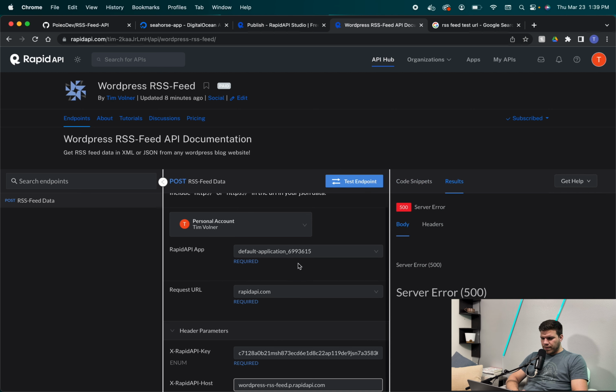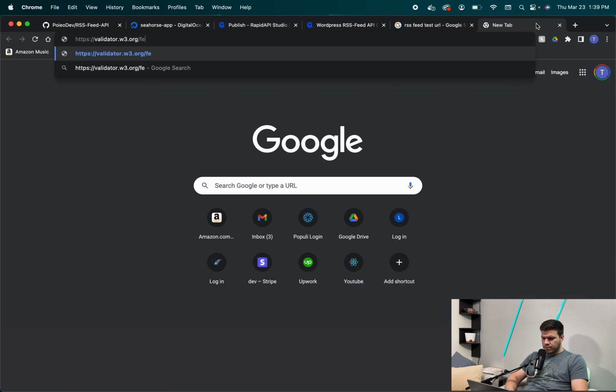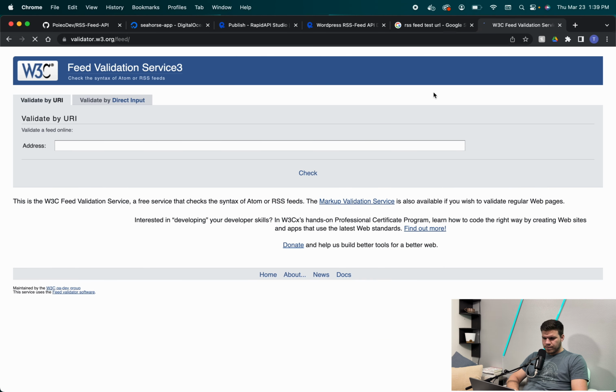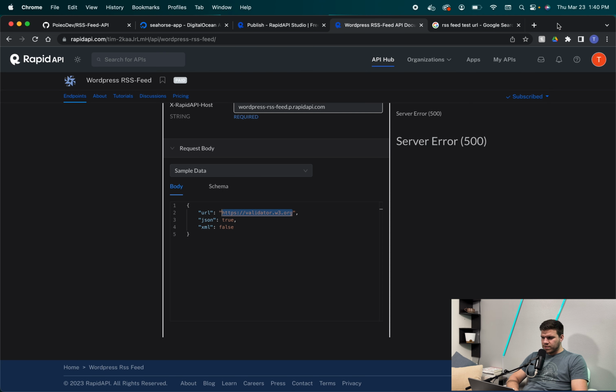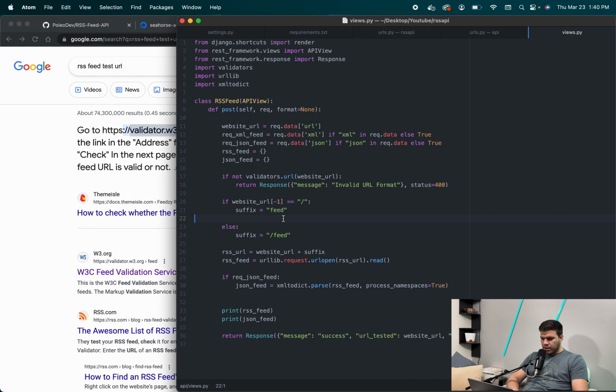For some reason, RapidAPI is giving them a... let's take a look at this server /feed. Oh, this isn't what I wanted. Oh, that's why, it's a dumb website. Okay, it's not a valid website. So that's the other thing we need to do, if we need to do some error checking. So let's come here